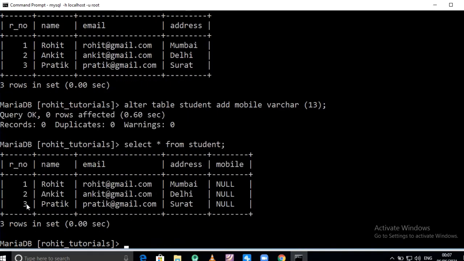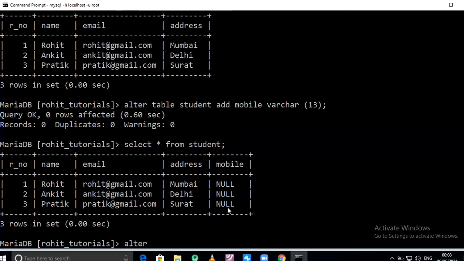Select star from student. So here mobile is added into the existing table, and all the values are null. If you want to insert, you can insert the value into this mobile field. So now with the help of the alter query, we simply remove this mobile attribute.